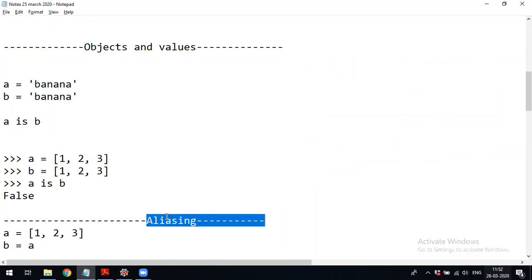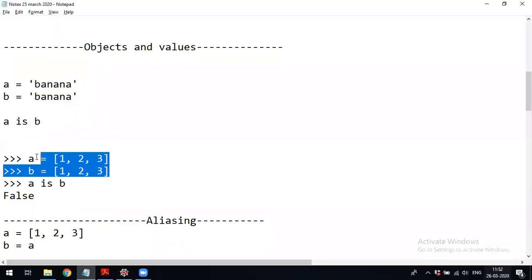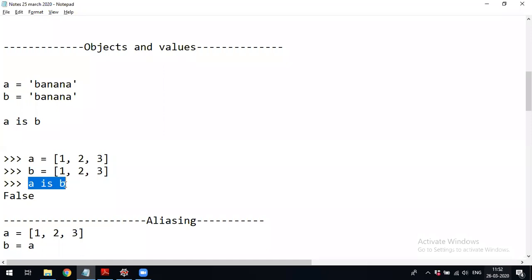Aliasing is nothing but creating one more reference to the same object. But whenever you create two different lists, even though the values are the same, both are not the same object. That is why A is B will be false.